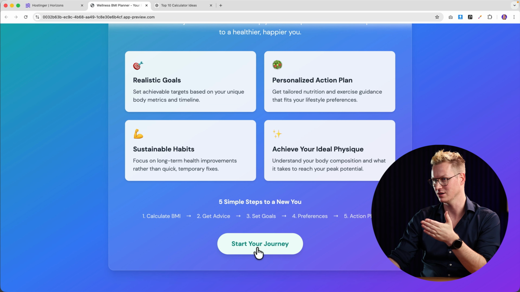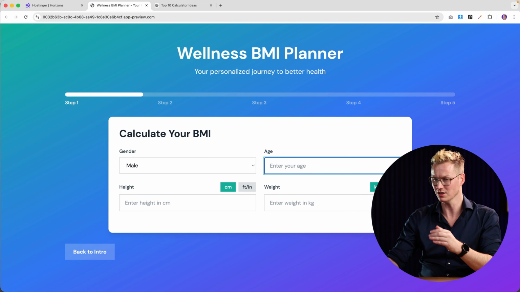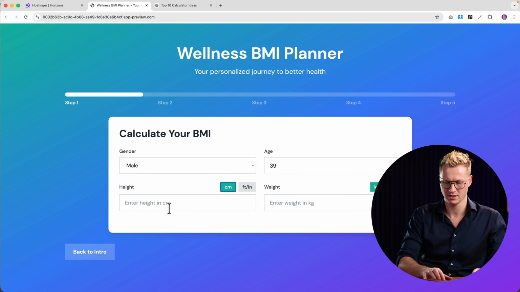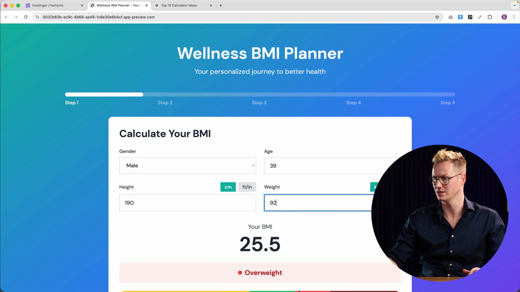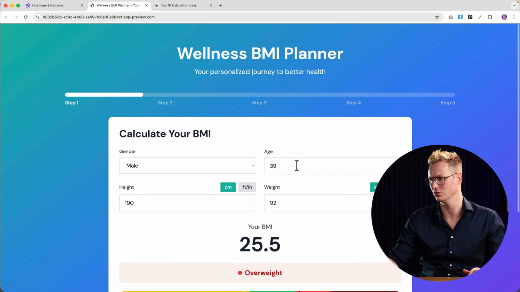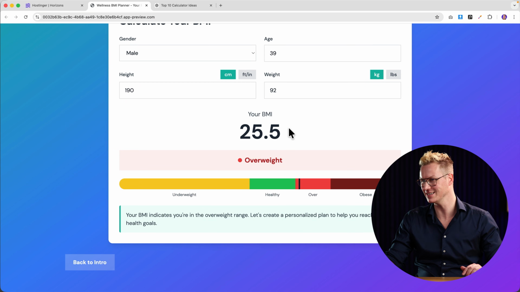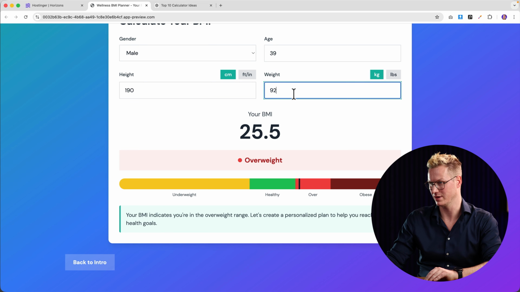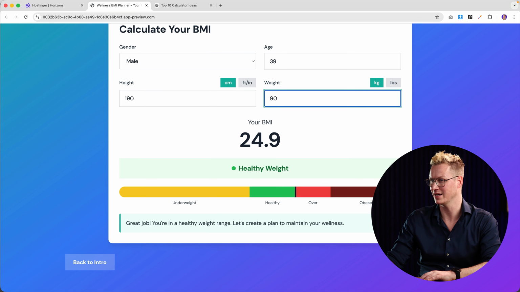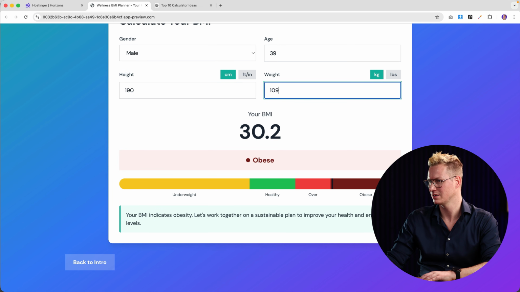But before we do that, click over here, start your journey, male. So the arrows are gone. Great, 90, 39, 190. I can also say tap 3 times, 92. I see the result at once. So also now when I scroll down, it's not possible to change the number. So that's good. And I see straight lines. Really nice. So I'm a bit over. So I can also play around with this. If I would have a weight of 90, that will also be good. But even if I would have 79 kilos, man. So when would I be obese? At 109, okay. Let's not do that.